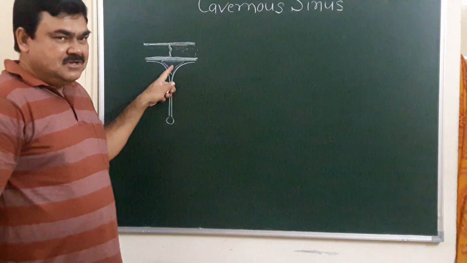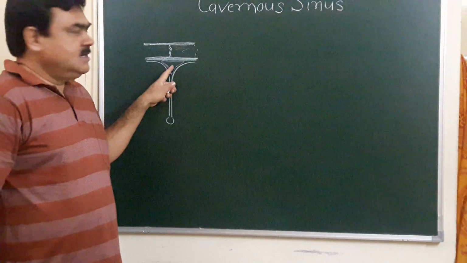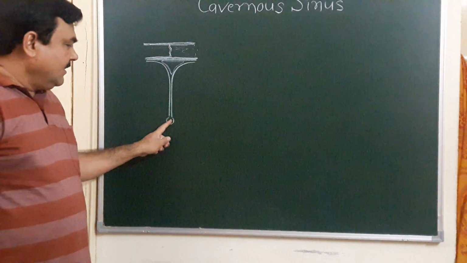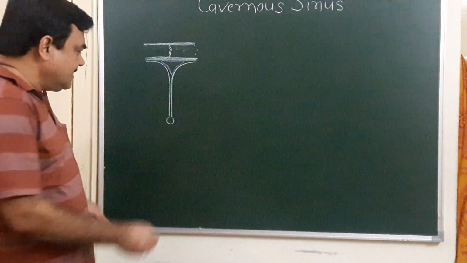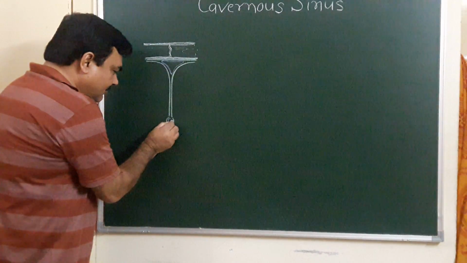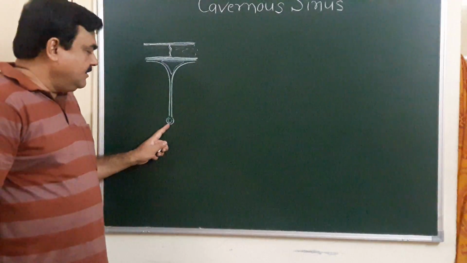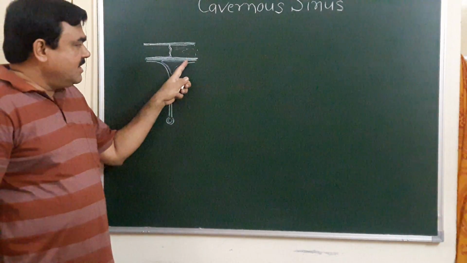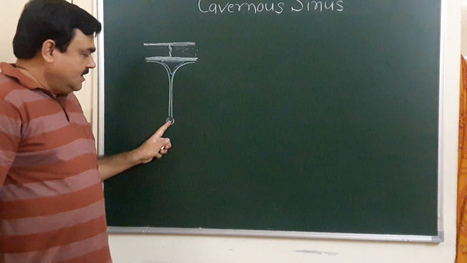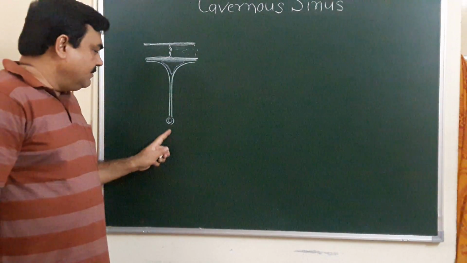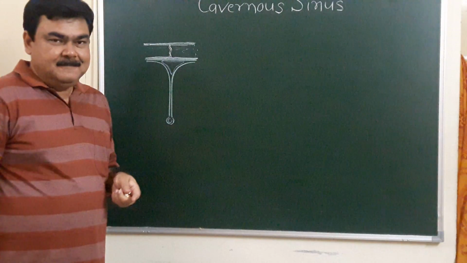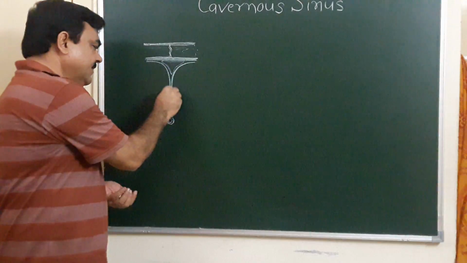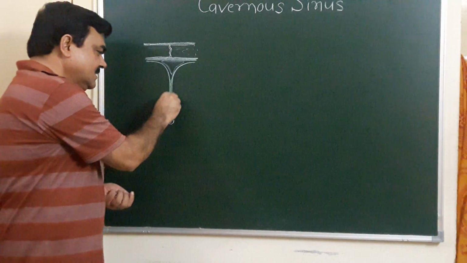In this position, this dural venous sinus is known as the superior sagittal sinus. And here, this inferior sagittal sinus is formed by folding of the meningeal layer. Here this sinus is formed between the endosteal and meningeal layer, and this sinus is formed by folding of the meningeal layer. This folding of the meningeal layer, in this position, forms the falx cerebri.